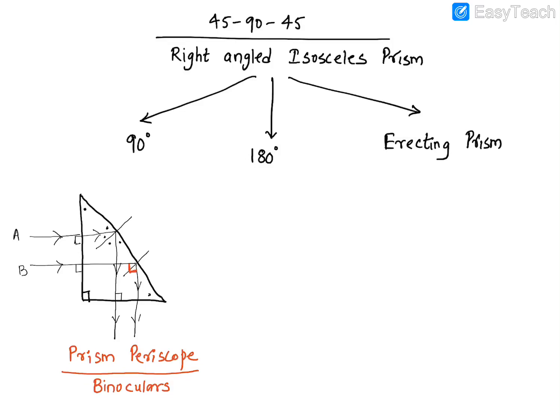Now, the other prism, for 180 degrees. Here it gets a little tougher to draw these prisms, because here the prism is kept inverted. This is how your prism is kept. You can say it is kept on its hypotenuse. So that's 90 degrees. You do not need to actually measure 45 degrees in all these prisms, but if you draw close to 45 degrees, like a more appropriate 45, 45, 90, it will be easier for you. In this case, if you can, I would advise you to draw the exact 45, 90, 45 prism, so you get more appropriate drawings. Otherwise your drawings will not come out properly.